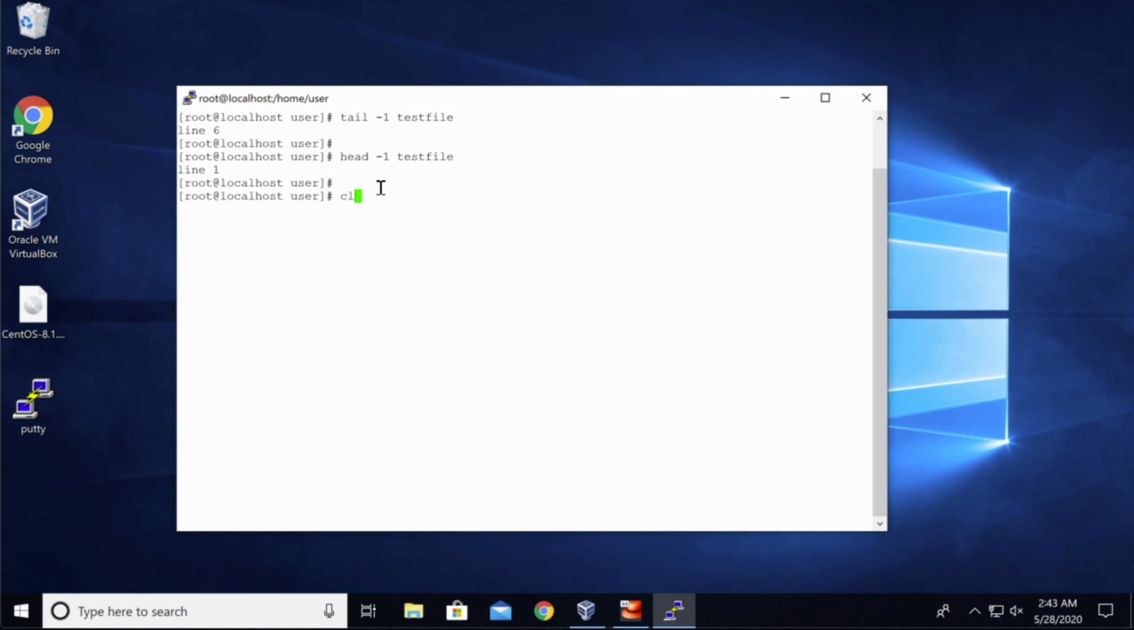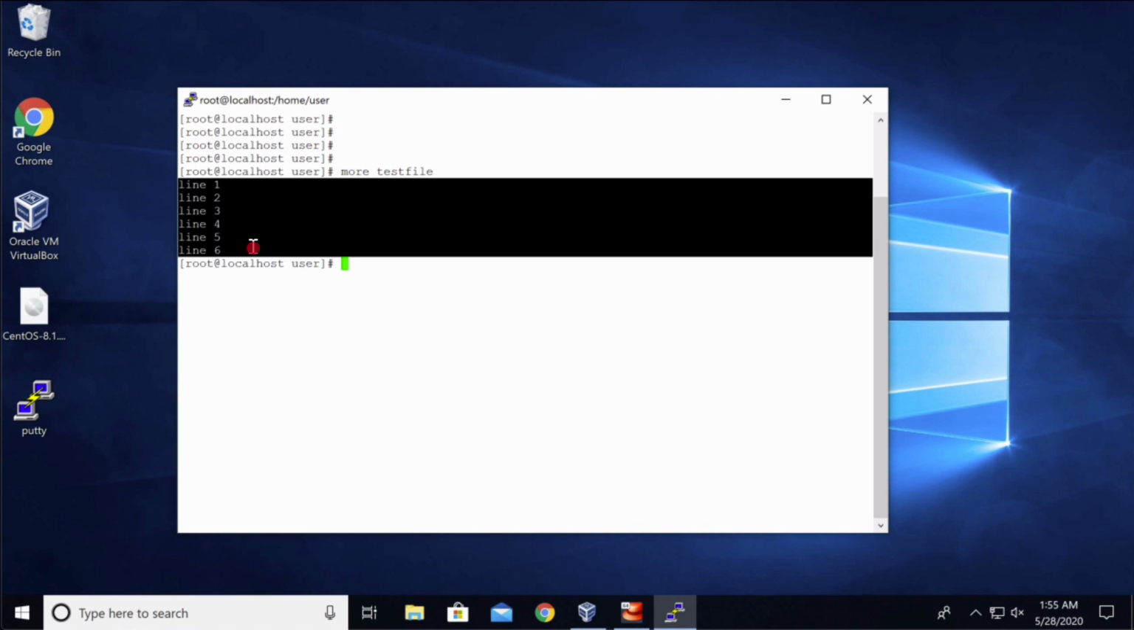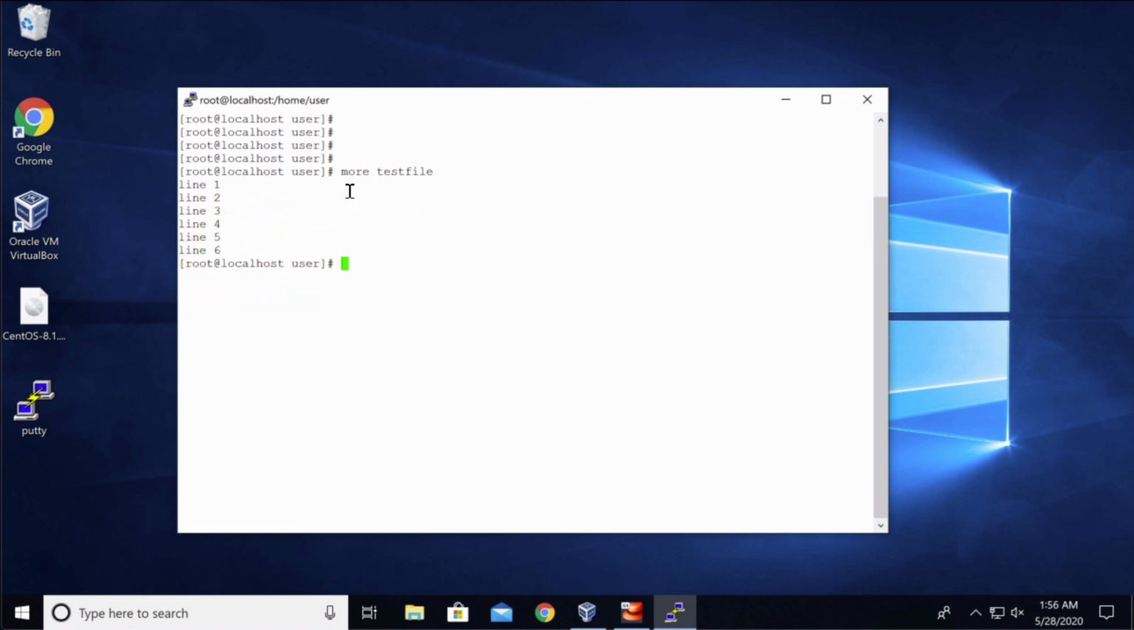Okay, now let's move over to the next command. So you could also view a file with the more command. Type in more, file name, and this will show you the entire contents of the file. So the beauty about using the more command is that this will allow you to view the file page by page. Since this test file is a little small in size, but if you were looking at a large file,